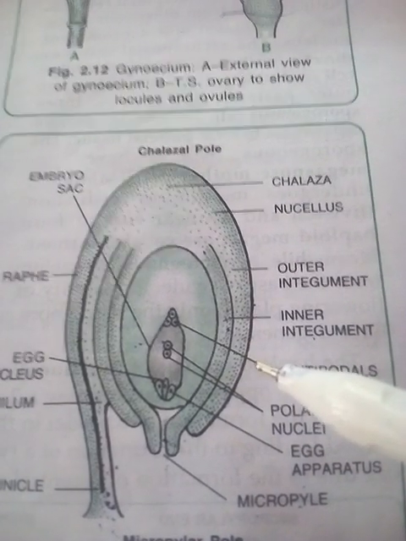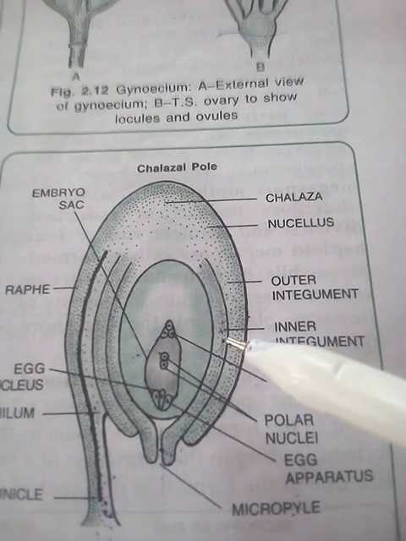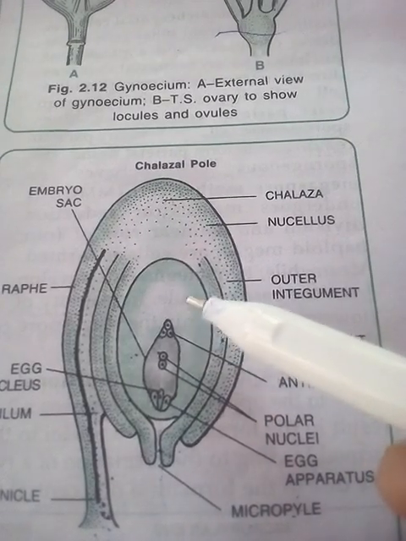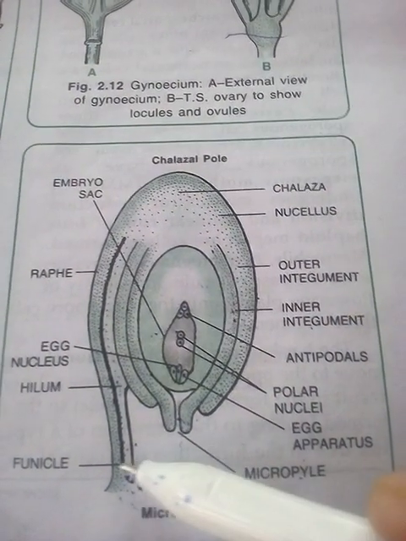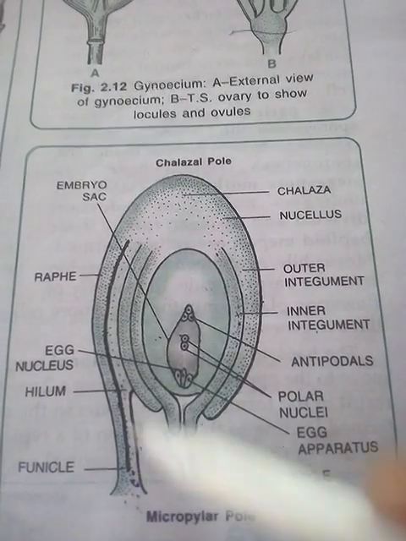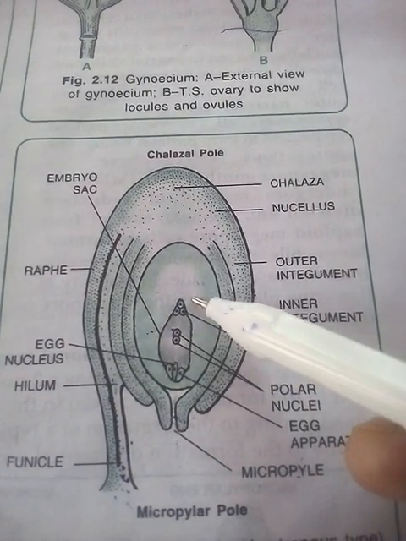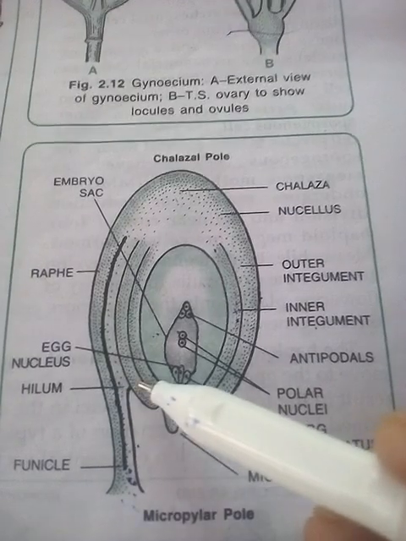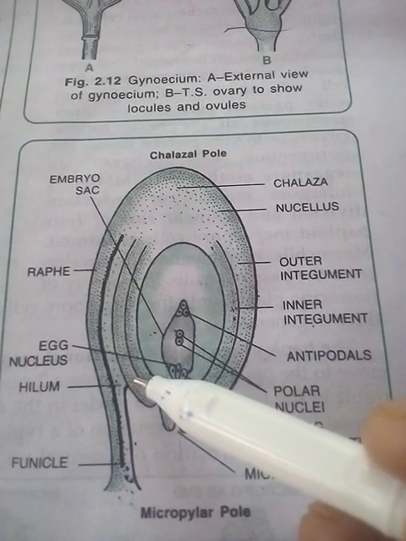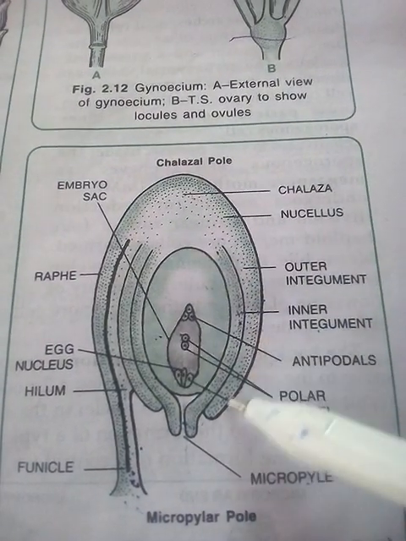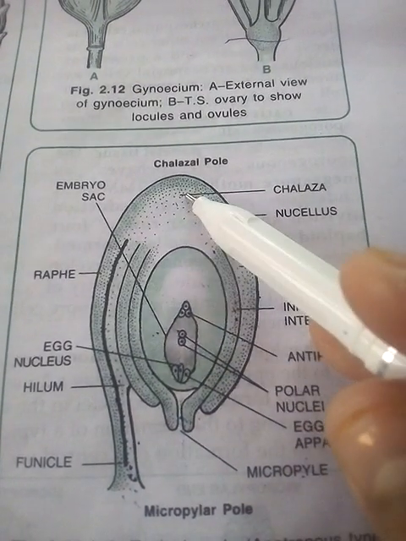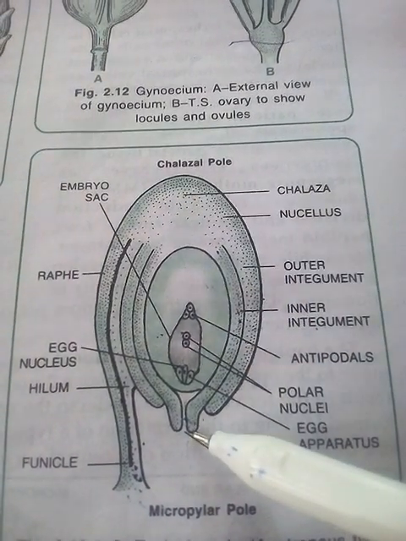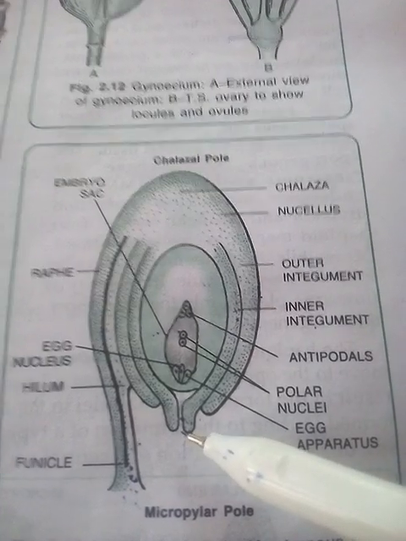So it is nutritive in function. The nucellus is made up mainly of parenchymatous tissue. So this is the total structure of the megasporangium. This is the funicle, the stalk-like structure. The attachment of the funicle with the entire ovule is known as hilum, and the ovule or megasporangium is mainly made up of nucellus, parenchymatous tissue. This is the chalazal portion, this is the frontal part, and the opening is known as micropyle.